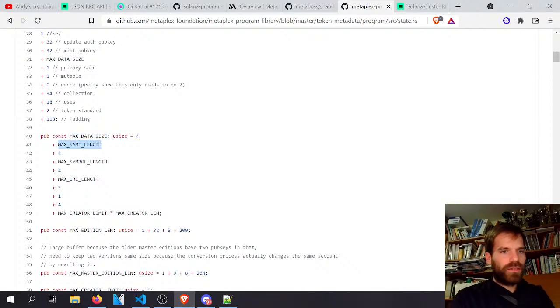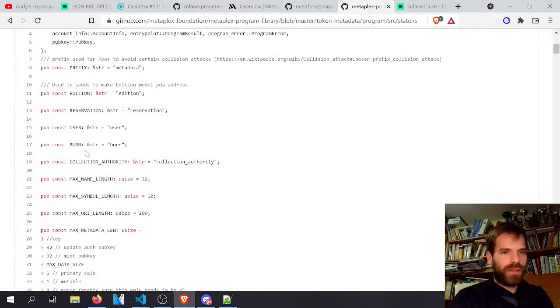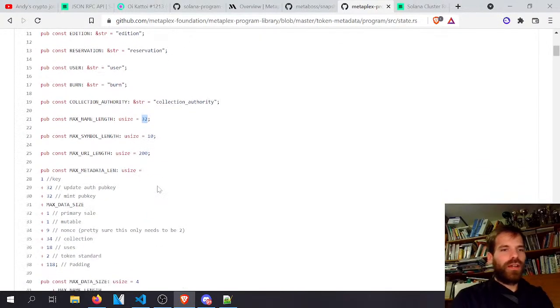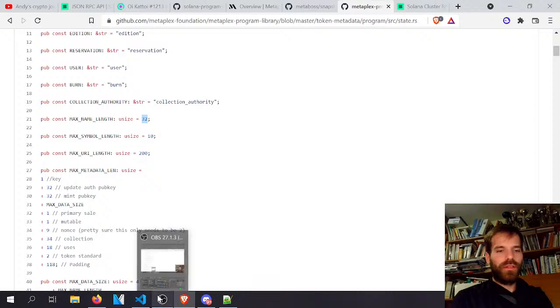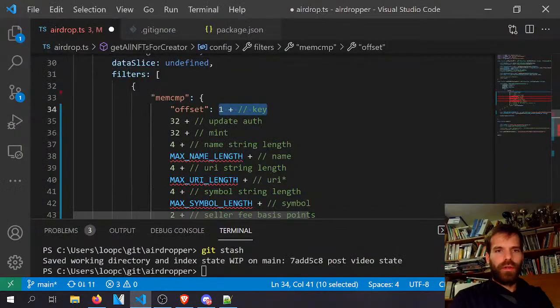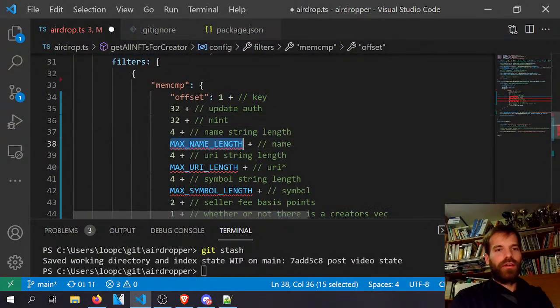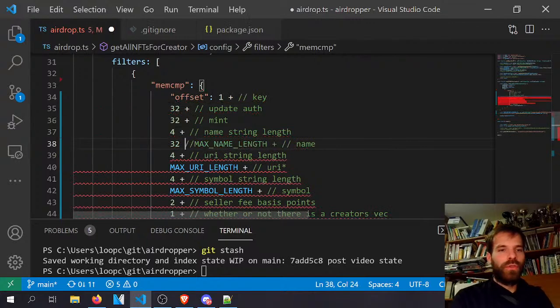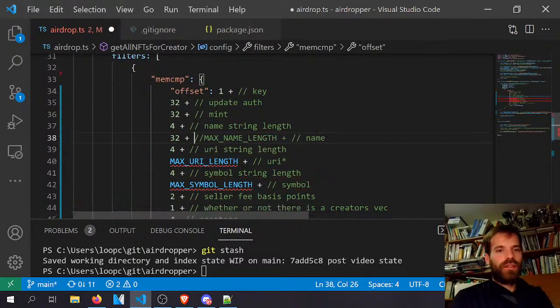Max data size also has the max name length, and the max name length was 32 as well. That's why we're limited to the size of 32 bytes if we want to put in a name. So this we replace by 32 plus, and then the